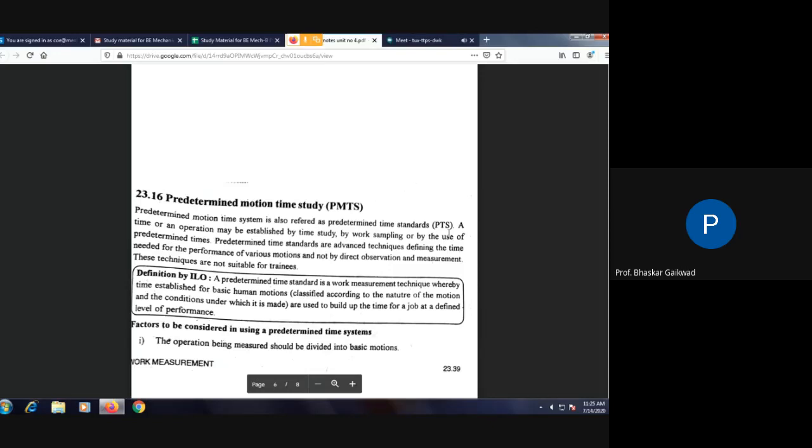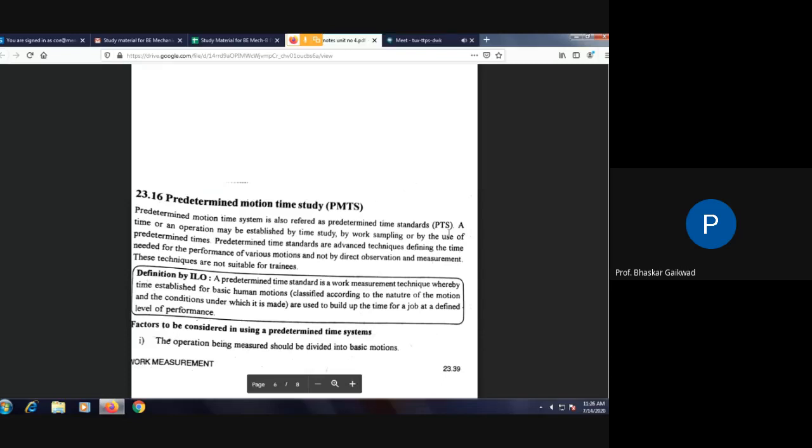From the examination point of view, only write short notes on PMTs, like this question is there. So this is the theory part. What is actually the definition? We have to establish the standard times for a particular motion: motion of our one hand, motion of our second hand, motion of the leg, motions of the job. So we have to decide the times required to do that motion. There must be a chart, and the same chart we can utilize for the next